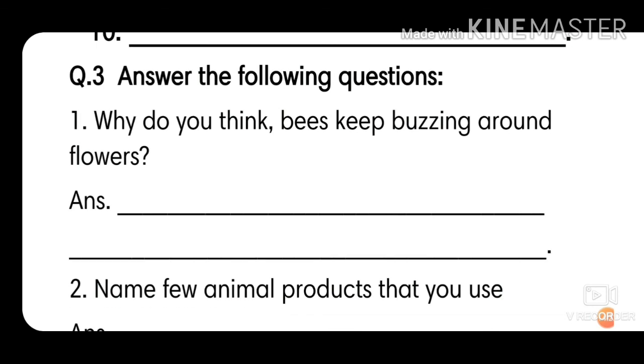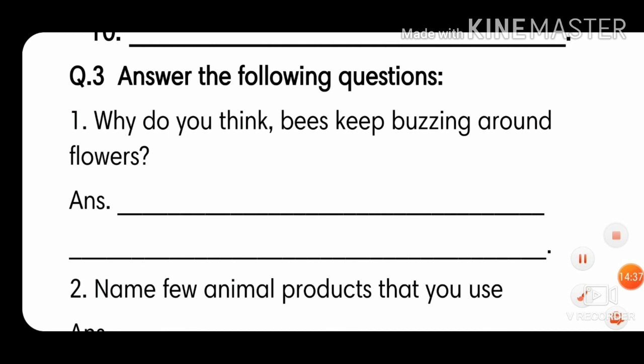Now, question number 3. Answer the following questions. Why do you think bees keep buzzing around the flowers? क्या करते हैं वो? आपको क्यों लगता है? What they are doing? I'll tell you what happens. There are 2 reasons why they are buzzing. One is when they want to extract the watery part from the honey. All right. Second,